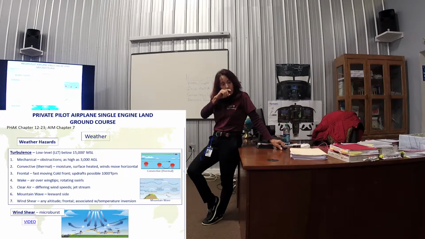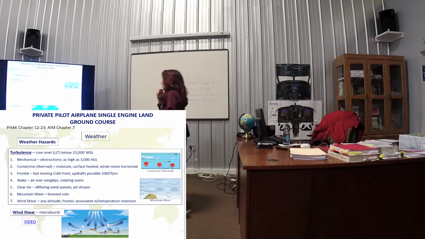Mountain wave, I'll draw this on the board also. A pretty good picture, it's just kind of tiny. This is the leeward side of a mountain. So you have stable air over the top of a mountain sometimes. What happens is that it starts picking up speed coming down the side of the mountain, and it flows in a layer. Could be like frontal, 1,000 feet a minute, sometimes up to 3,000 feet a minute. You're going to get smashed into the side of the mountain. You're not getting out.